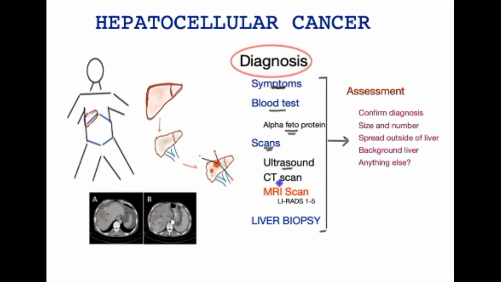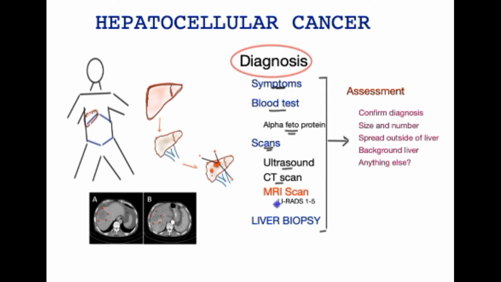The more important scans are the CT scan, an example of which is shown over here. This is the outline of the liver, and you can see this spherical abnormality within the liver, which is the hepatocellular cancer. One of the most important scans in diagnosing liver cancer is the MRI scan, and a system has